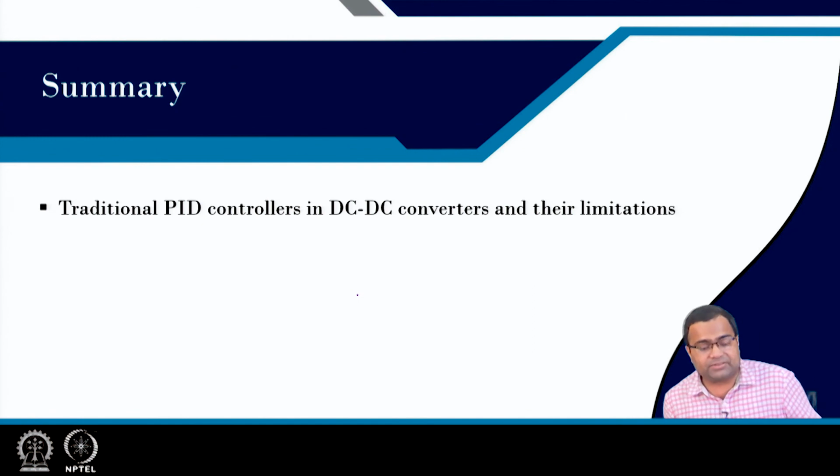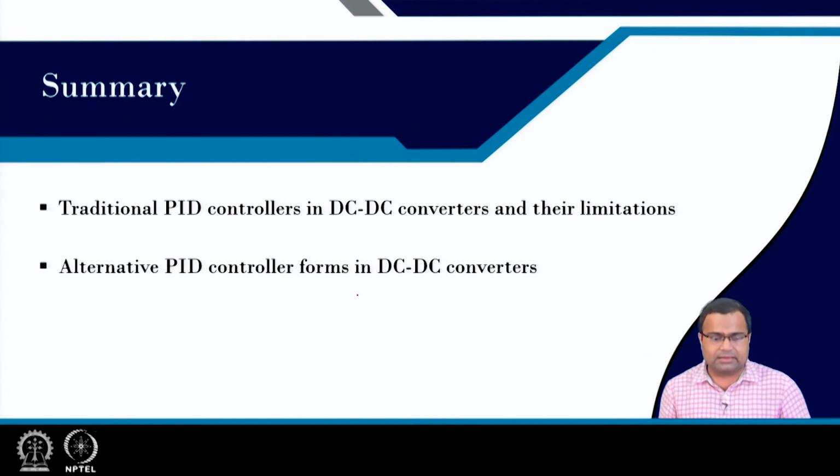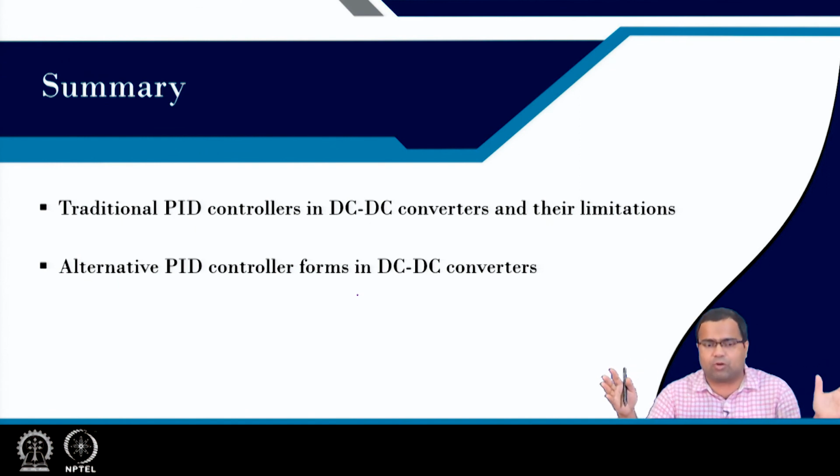So, in summary, we have discussed the traditional PID controller in a DC-DC converter and its limitations, and we saw that direct derivative can introduce significant noise and we have to be very careful. The alternative PID controller was useful, and that can take the structure of a current mode control with load current feedforward, where our ultimate objective is to get the right gain of the proportional controller. But if we do not want to sense load current, we can even go for voltage mode control as well, even though current mode control is quite common.